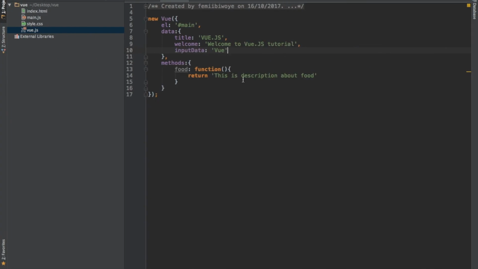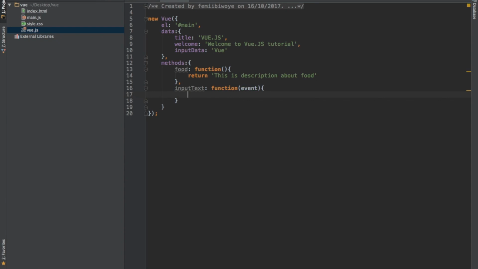So let's go back to our code. What we need to do now is create a function that will pick the data from the text box into this particular data. So let's create a function. We'll call it inputText. In this case, we're going to make use of an event, which we need to include here. This is not a Vue keyword. This is JavaScript, which is to take an event that is coming in from the body.